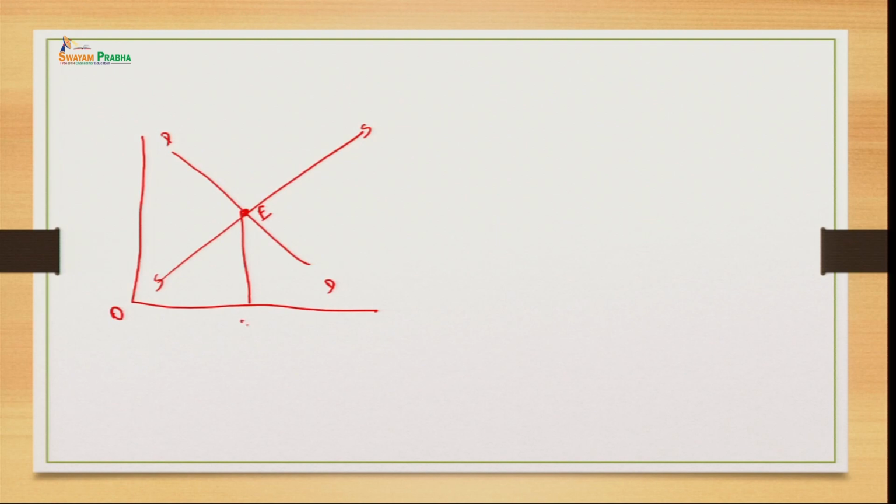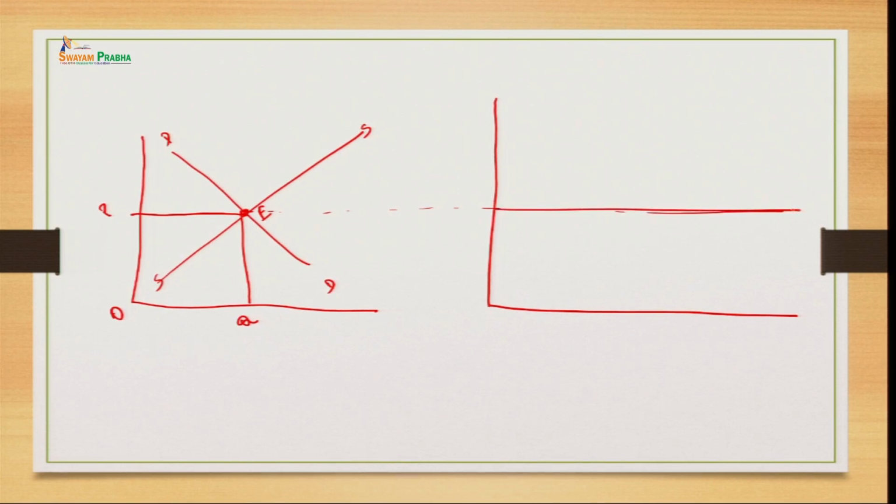OQ is the output which we are selling and OP is the price which we are taking, right. So, how are we representing the demand curve under this perfect competition? If we draw the straight line from this, you can see that this is the demand curve for the perfect competitive market. So, OP is the price because we have taken it from the market based on the interaction of demand and supply. So, this will be the price, and on this price there can be different quantities which can be sold under perfect competition depending upon the demand in the market, right. So, this is how we find out the demand curve.